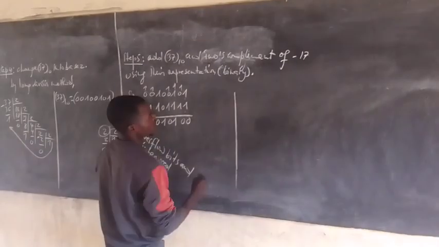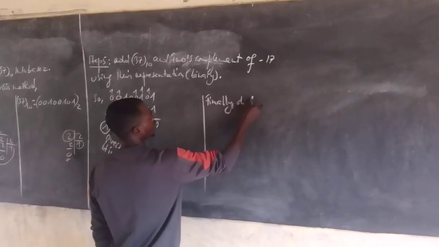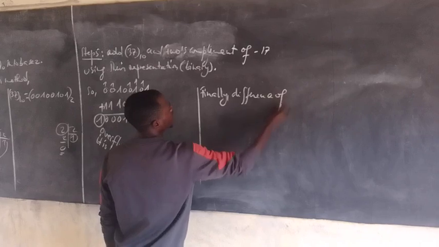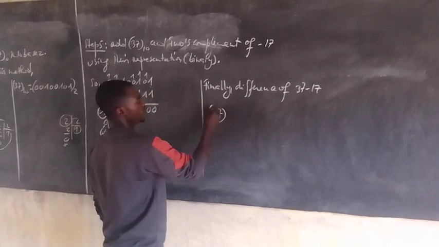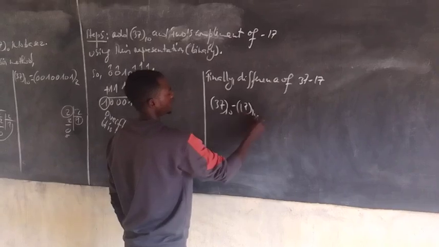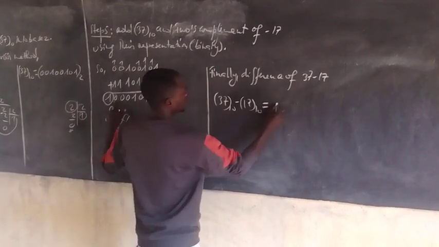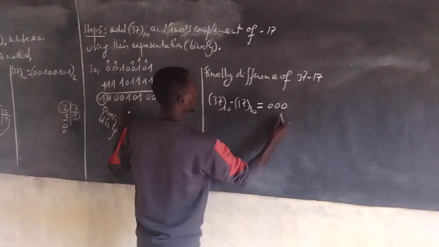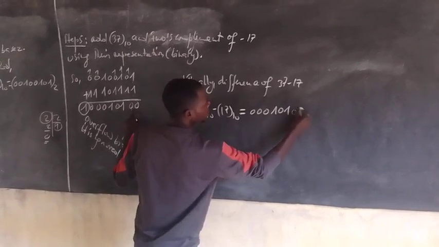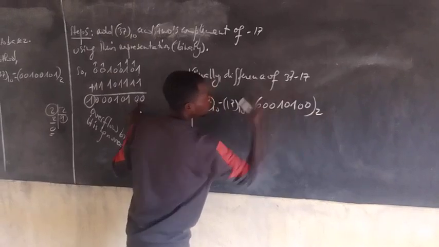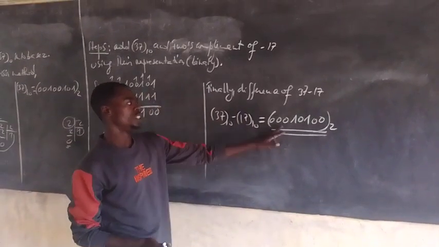Finally, the difference of 7 and 17, meaning 7 base 10 minus 17 base 10, is equivalent to negative 10. In binary it is equal to 1, 1, 1, 1, 0, 1, 1, 0 in base 2. So this is the real answer. The computer will represent this number